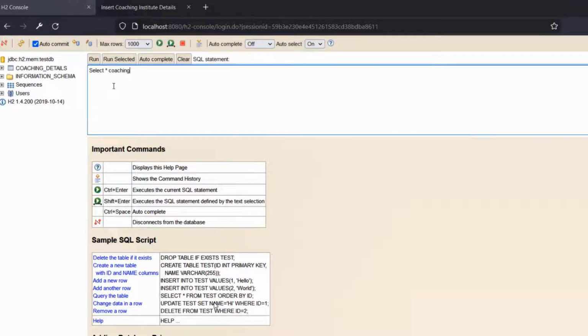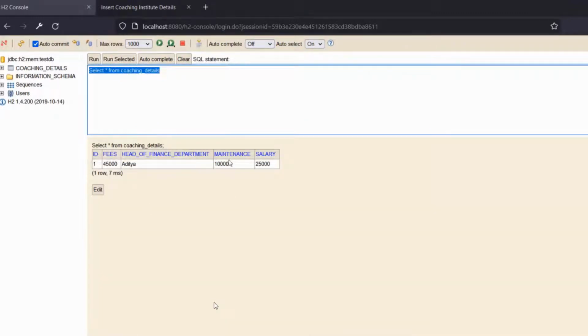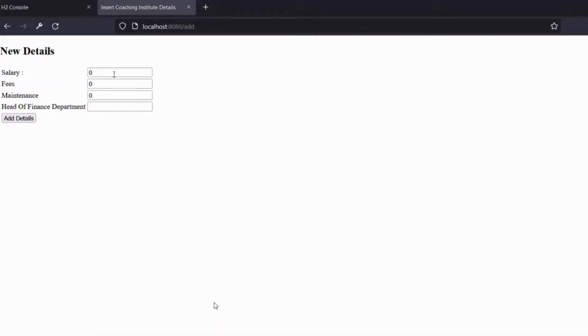You will see closely that the name of that DB also changed from coaching_institute to coaching_details. Now there is one data, it is saved here. Now let's save one or two details more to cross verify.